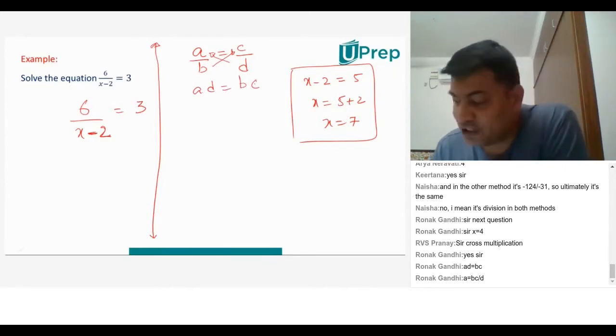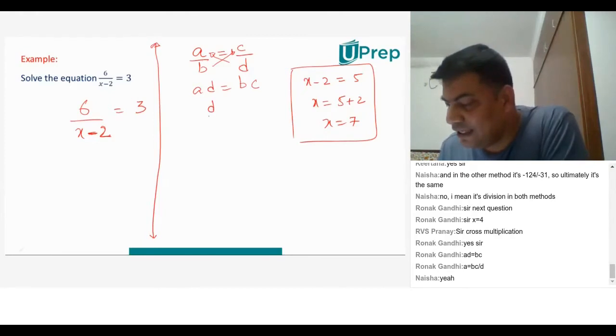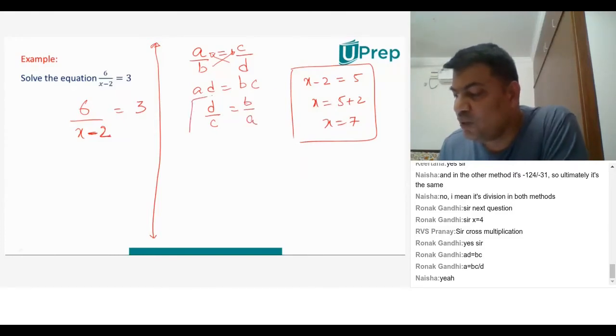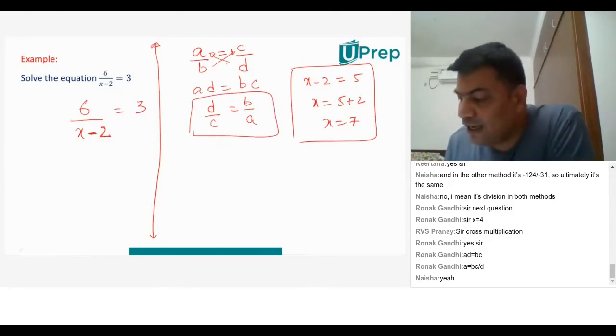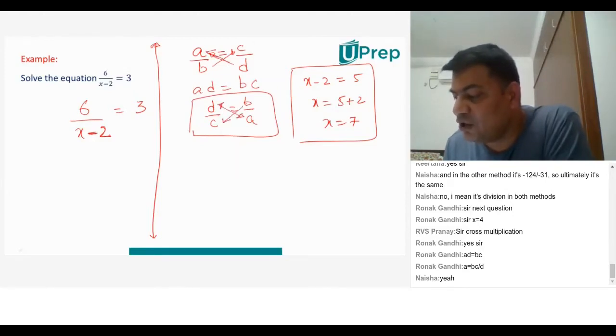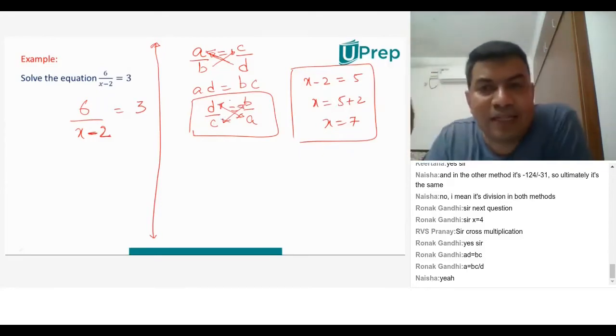Now, because you know this expression, you can interchange. You can keep D here, and you get C here, and you can keep B here. You can bring A here. So the ratio will still remain the same. You have interchanged A and D, and B and C. You are doing nothing but transposing things from here to there. By that, the values do not change. I'll explain what I mean.